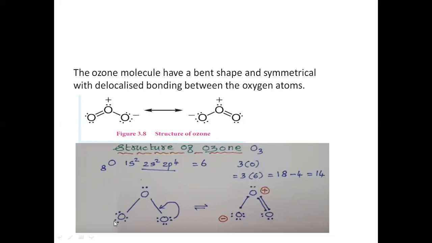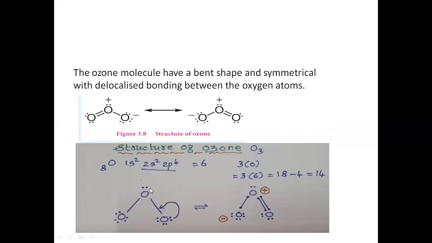First we need to draw the three oxygen atoms, and then connect them through bonds. Each bond contains 2 electrons. First we draw these 2 bonds, so 4 electrons are there. 18 minus 4 is 14 electrons. Already 4 electrons are involved in bonding, so for the remaining 14 electrons, we need to keep dots over the oxygen atoms. First I start from this oxygen: 1, 2, 3, 4, 5, 6, 7, 8, 9, 10, 11, 12. The remaining 2 electrons are 13, 14.